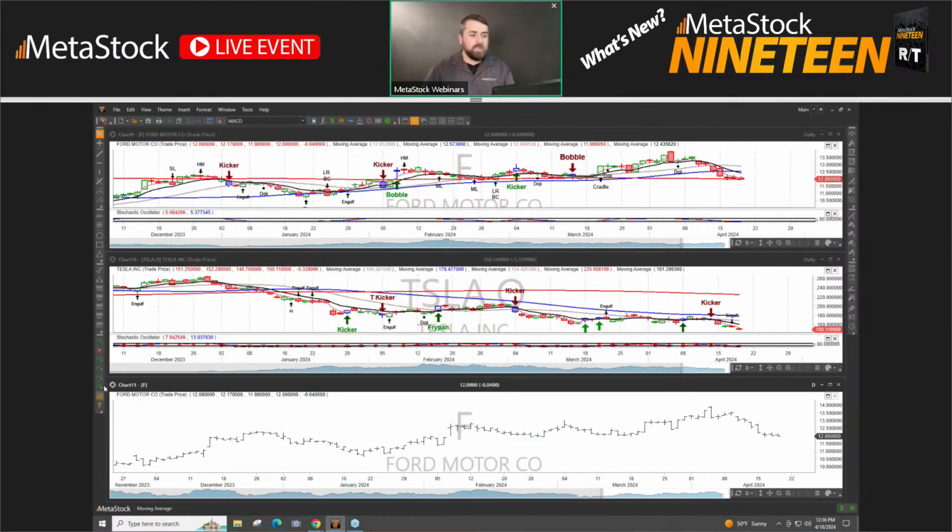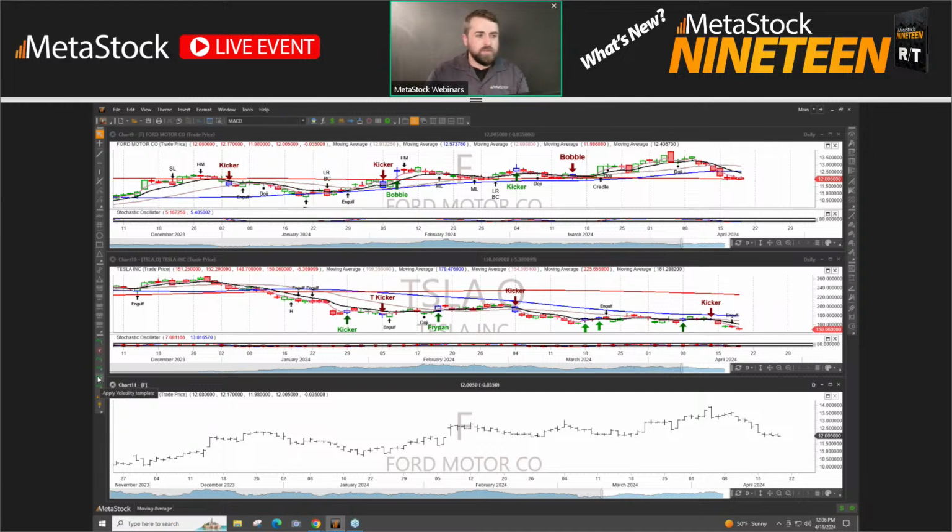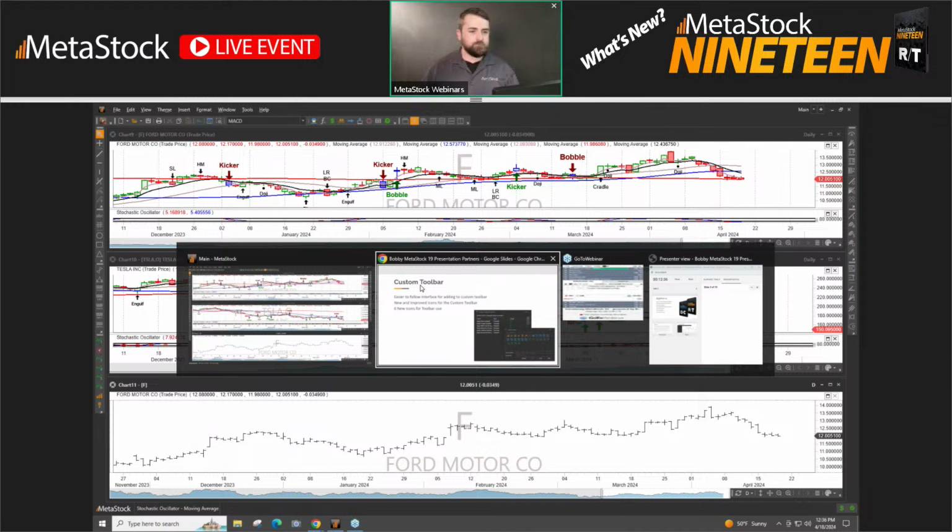So not only are these limited to applying themes to your charts, you can also put a link to a web page here too. I would say metastock.com, but you can also come up to Help here and go to MetaStock on the web and get help from MetaStock that way. You can put your own custom templates here, your multi-time frame templates, etc. So it can be really easy to jump around and change your charts or open up a very specific layout that you want. Really cool option there.